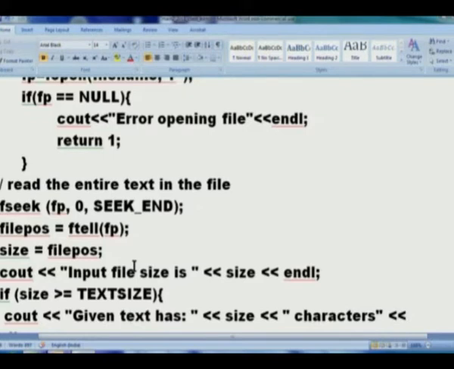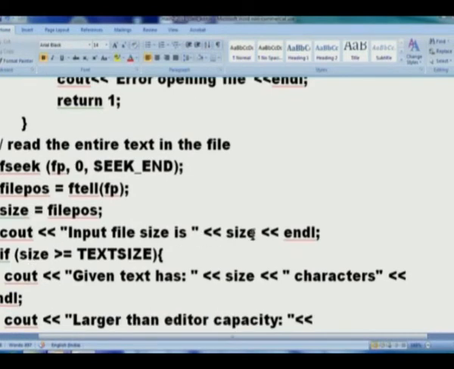I can force that file's internal index to go to the last position, which is what is done by saying fseek, seek end, go there. Now if I say ftell, it will tell me what is that position. And that must be the total size in bytes. So I will extract that total size, which I will put as size. And now input file size is so much. Why do I want to do that ahead of time? Because earlier itself I want to advise the user that, look Baba, my editor is capable of 10,000 character editing only. You have more than that, go home or find somebody else.